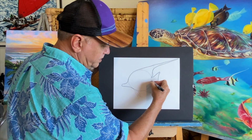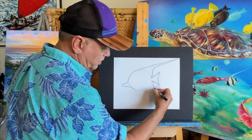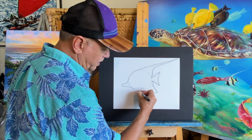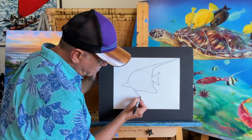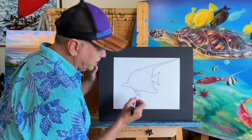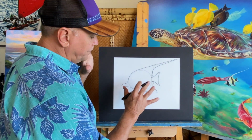Trying to follow the lines we did before. Again, a little bit of a bulb right there, and come back to the body and right there. Okay. Now we can add these little fins right here. Okay, we're kind of tracing over what we did already with a bigger pen, and now we're going to actually